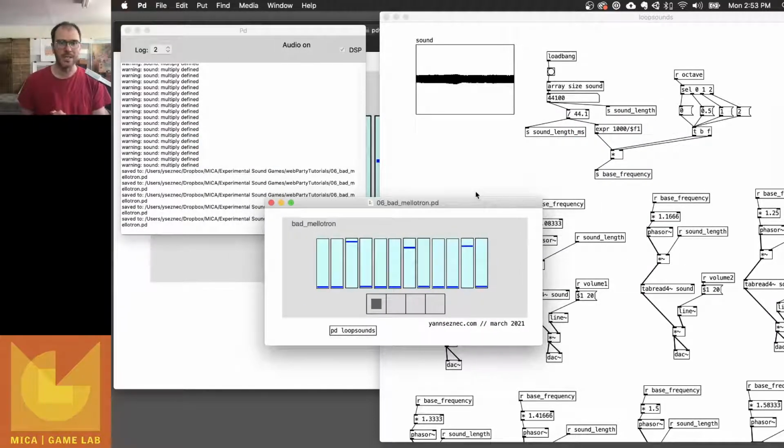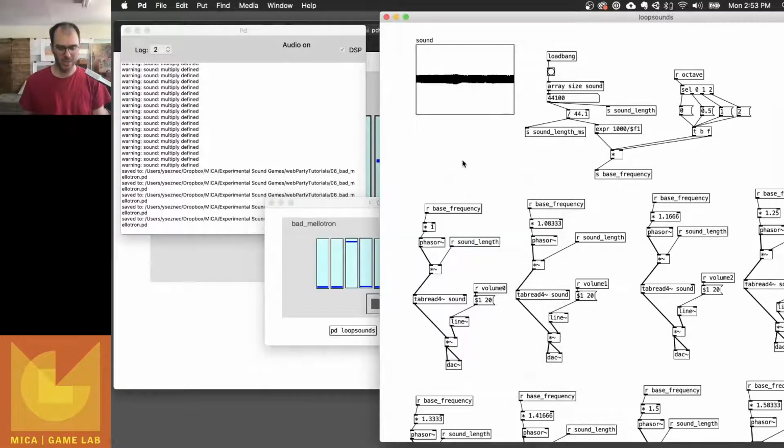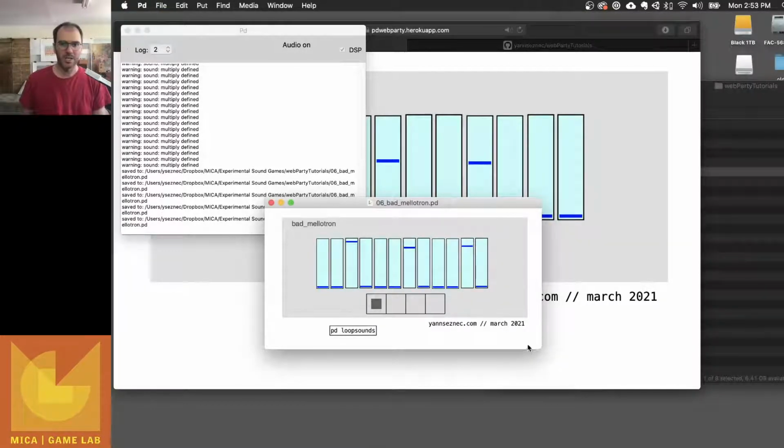Okay, so that's how I did the bad mellotron, which is essentially taking a single sound array and reading it at 12 different pitches, and having each one of those pitches be independently volume controlled, which is fun, with an octave controller. Okay, cool. A lot packed into that one, but I hope that's interesting. Okay. I'll do another slightly more advanced